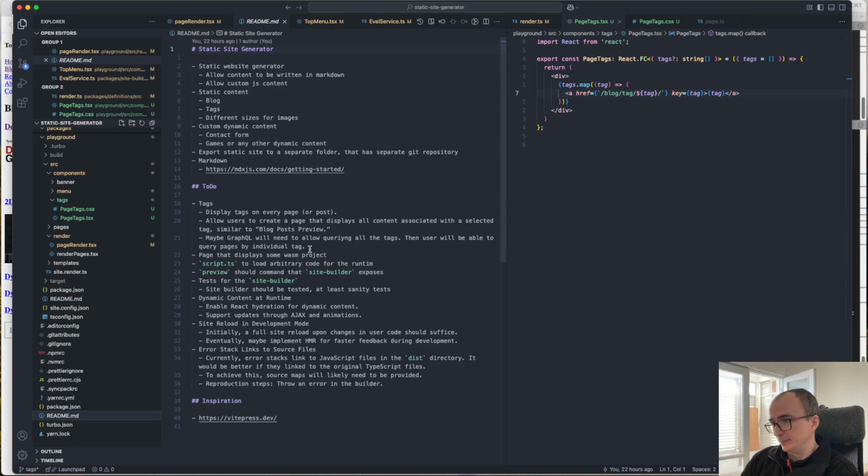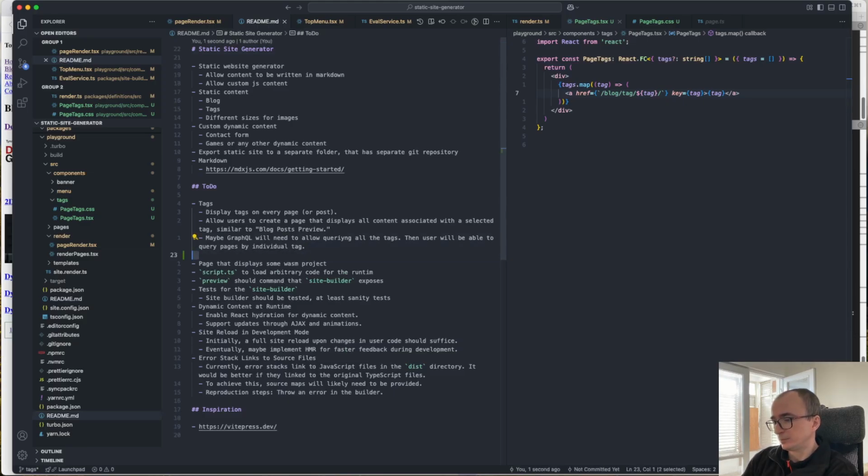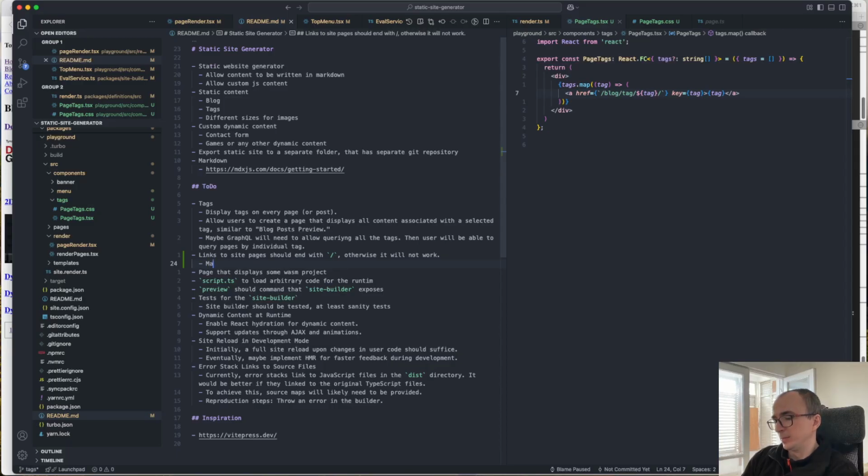Right, links in site should, links to site pages should end with slash, otherwise it will not work. And maybe solve it by introducing